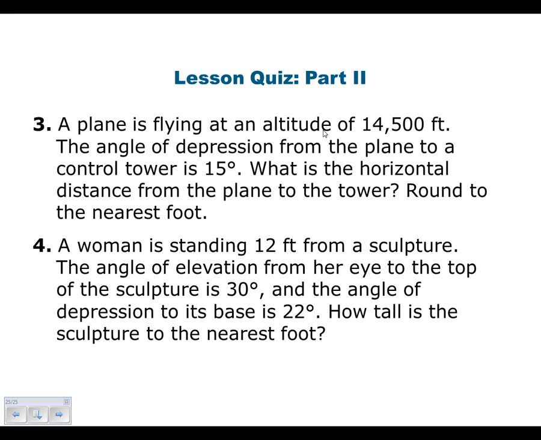A plane is flying at an altitude of 14,500 feet. The angle of depression from the plane to the control tower is 15 degrees. What is the horizontal distance from the plane to the tower, rounded to the nearest foot? Another one. A woman standing 12 feet from the